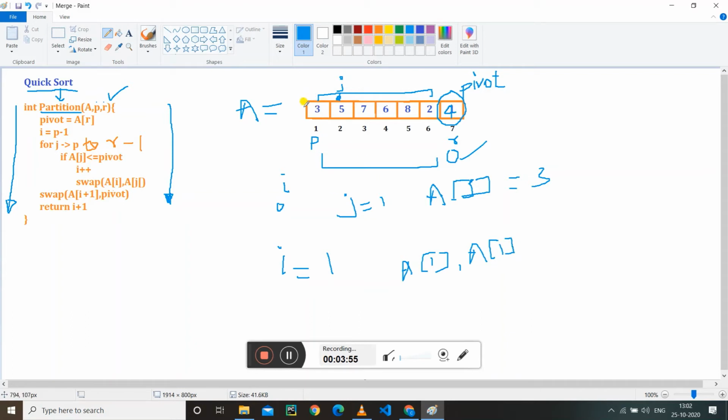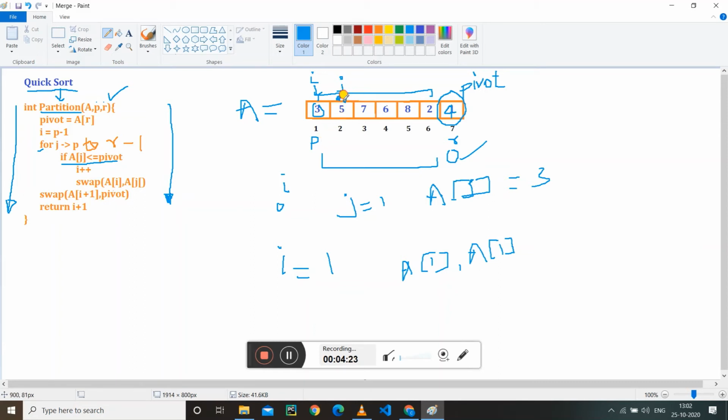So at the first iteration this 3 will remain 3 itself. But remember that now I is increased. J is also increased automatically because it is a for loop. So I will increase only if this condition is true, otherwise I will be kept as it is.